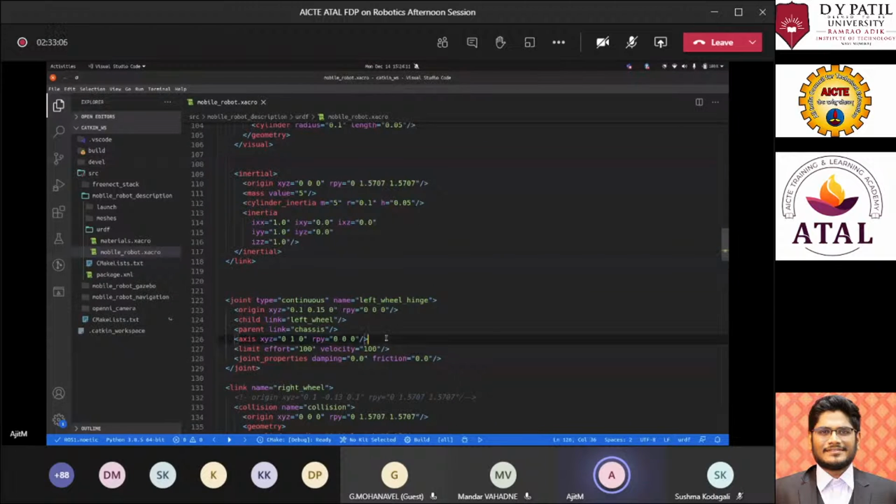axis. So what is this axis and limit effort over here? So this axis tells us how that joint is going to rotate, and in what direction.